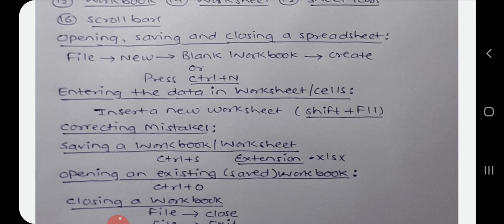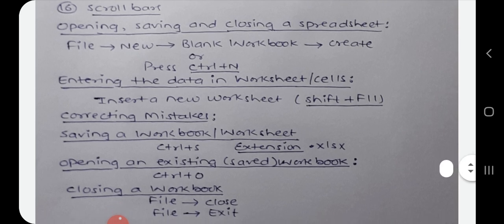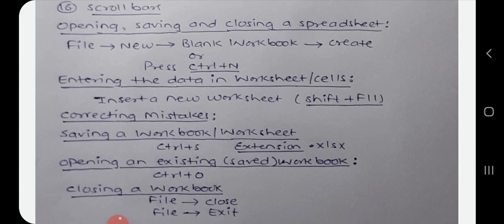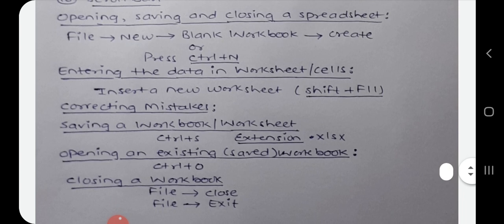Press the enter key or tab key to complete the entry and escape key to cancel it. Now you can insert a new worksheet in a workbook by selecting the insert worksheet button or by pressing Shift plus F11.